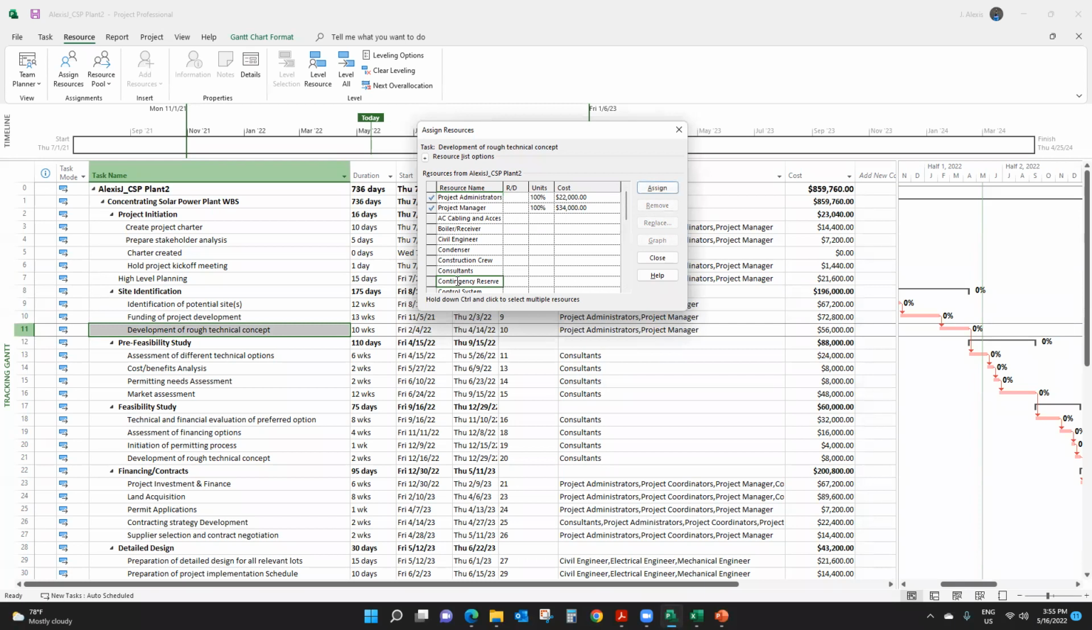Contingency reserve, right? And I want to add 20 grand contingency reserve here. That's it. I select it and I type under cost. That's the only way you can do it. So that's give me, and I want to add contingency reserve in,